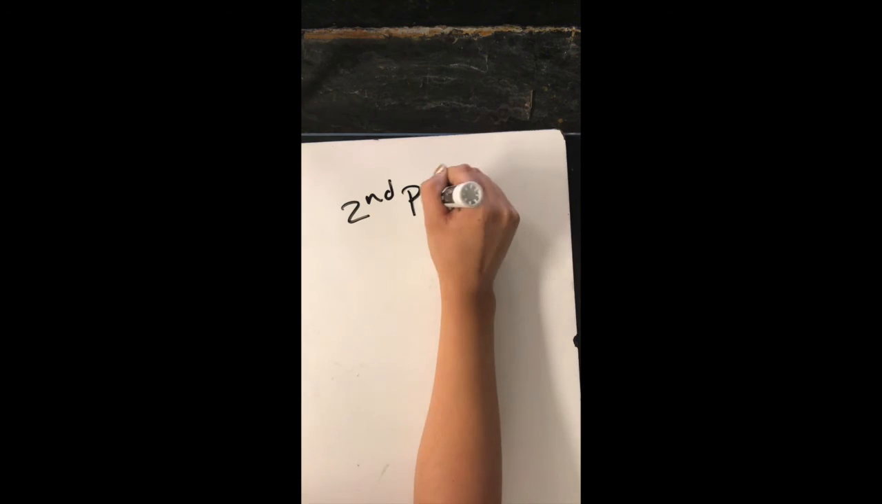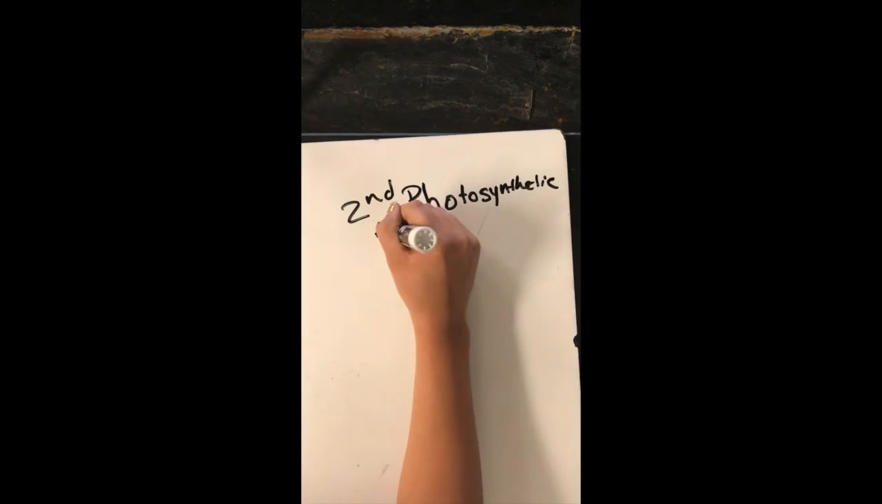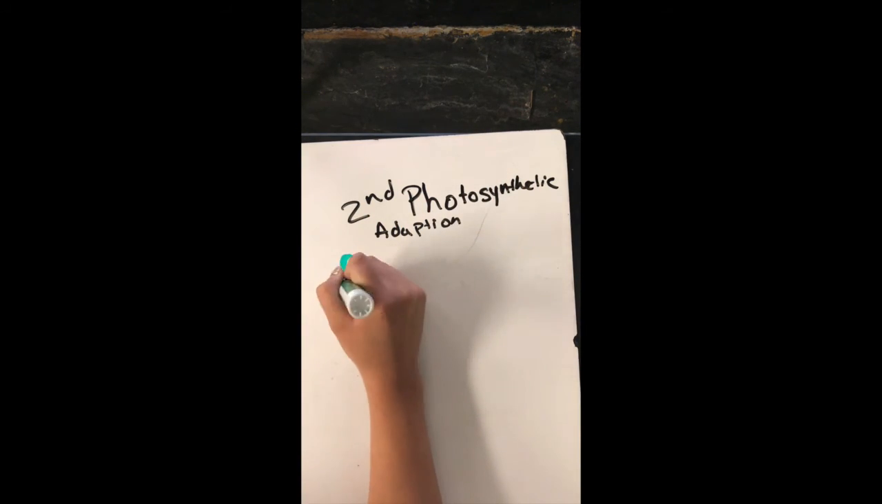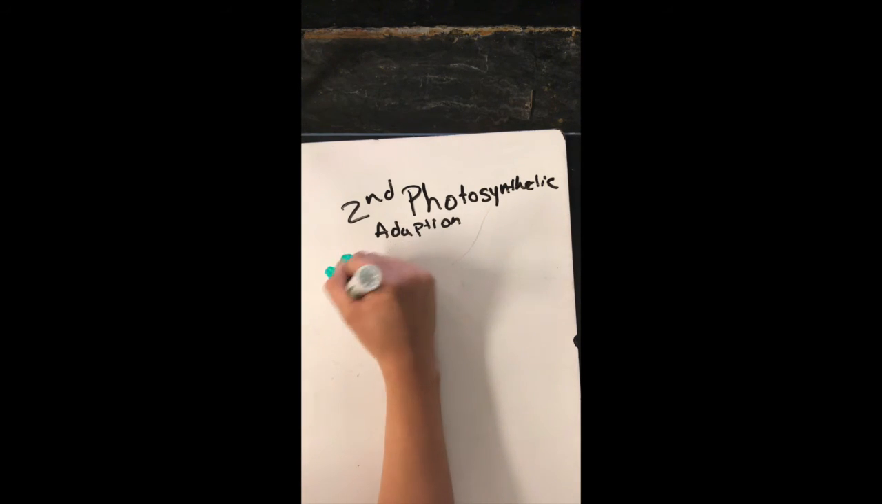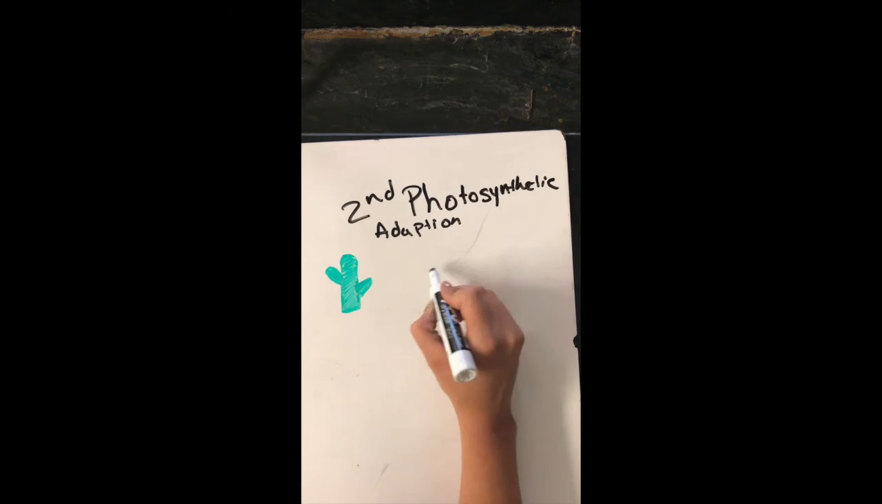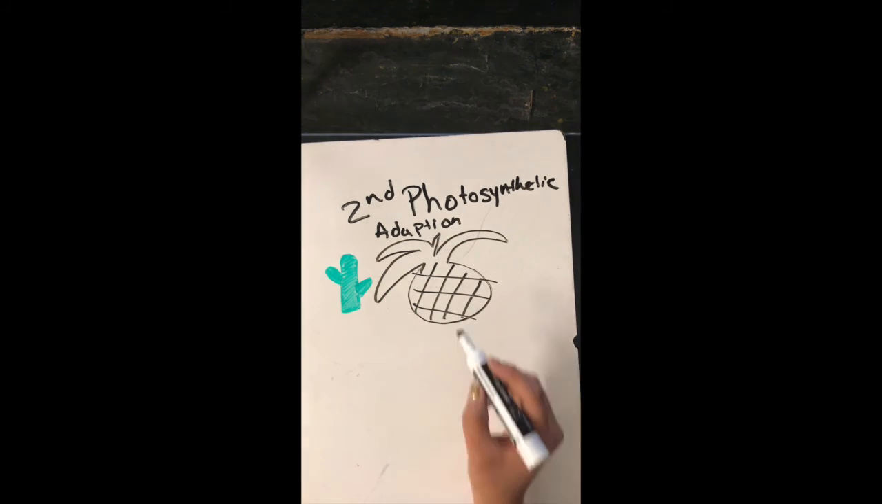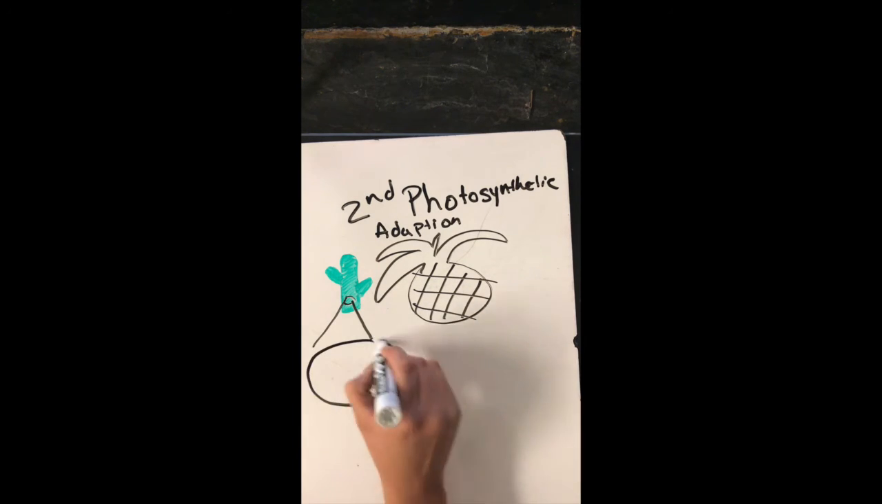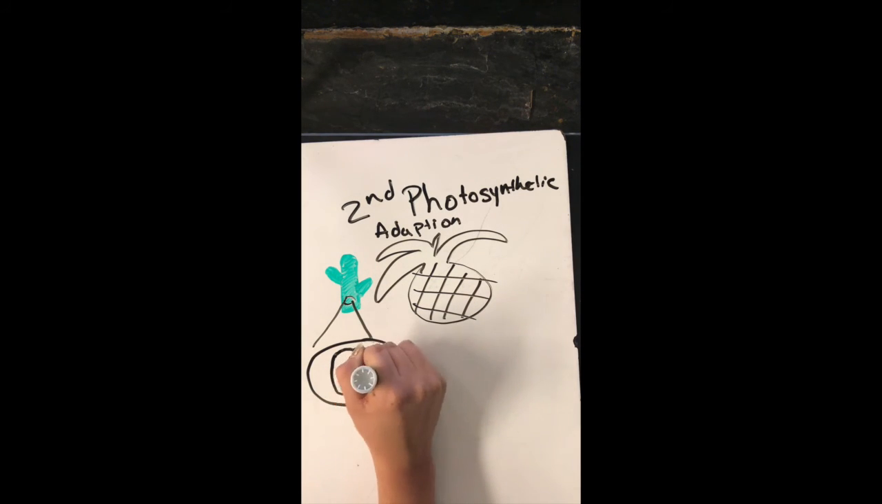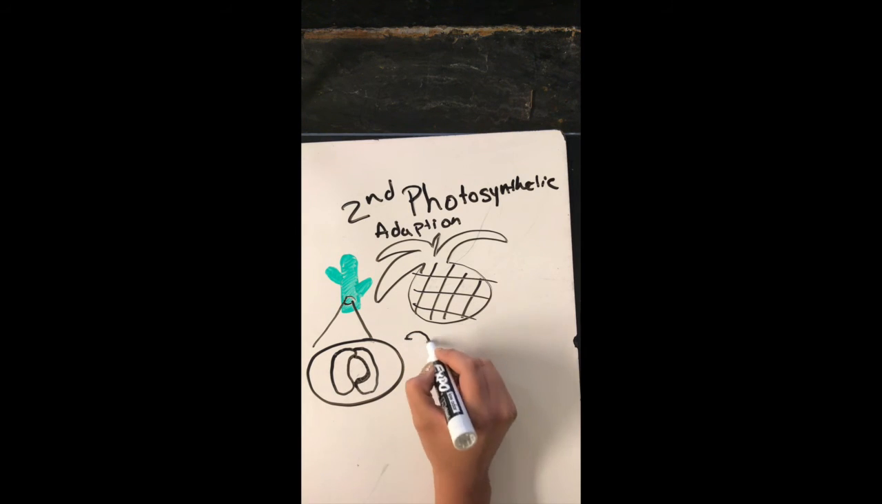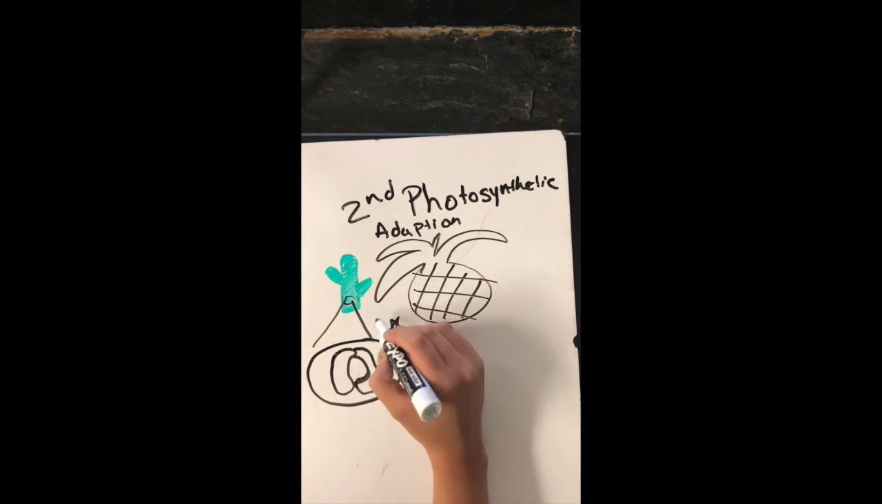In many succulent plants like cactus and pineapples, they open their stomata during the night and close them during the day. Closing their stomata during the day helps plants conserve water but also prevents CO2 from entering the leaves. During the night when the stomata are open, these plants take up CO2 and incorporate it into a variety of organic acids. This is carbon fixation,